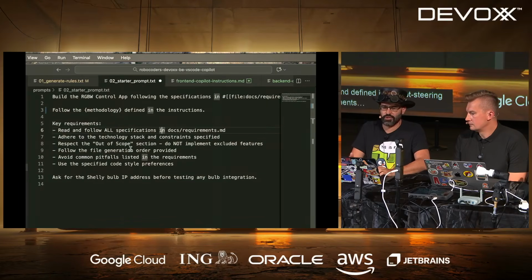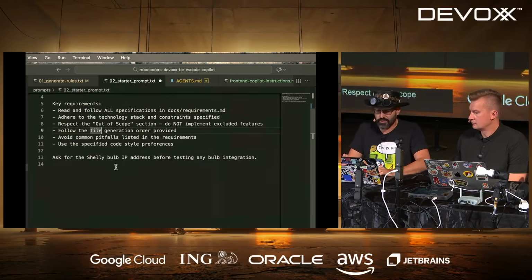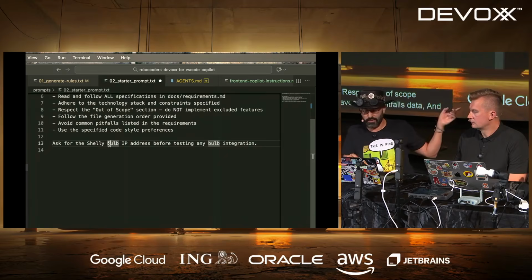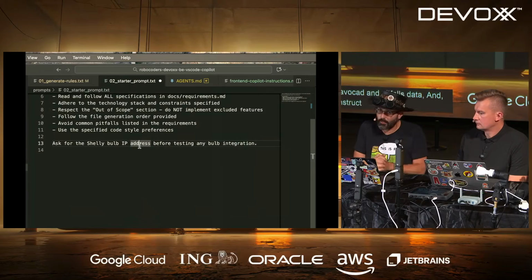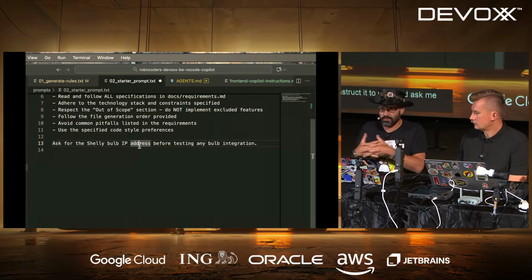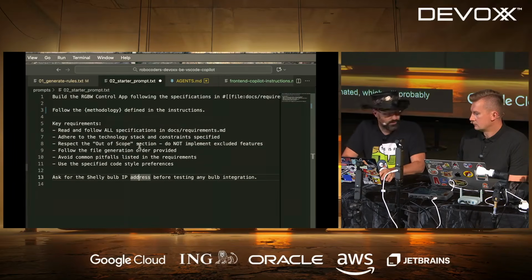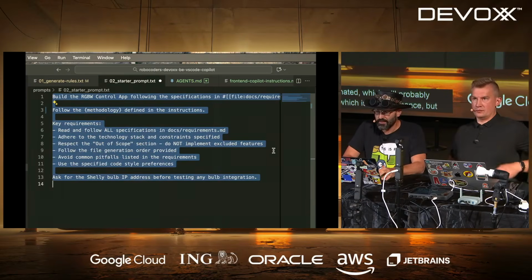Follow all specifications, adhere to the technology stack, respect the out-of-scope section, follow the file generation order provided, avoid common pitfalls. And as Victor mentioned previously, I specifically instruct it to stop and ask me for the IP instead of trying to test an IP that it hallucinated, which probably won't work unless it hallucinated the right IP, which is a slight chance, but not really.